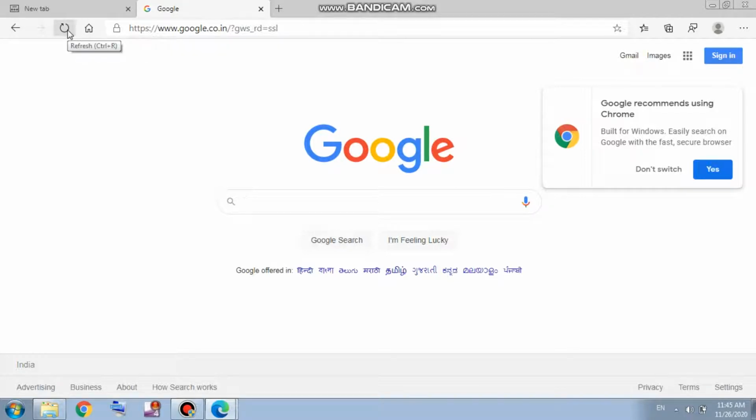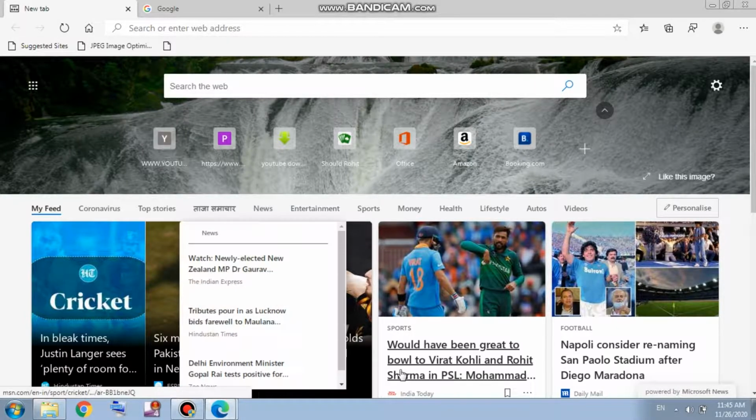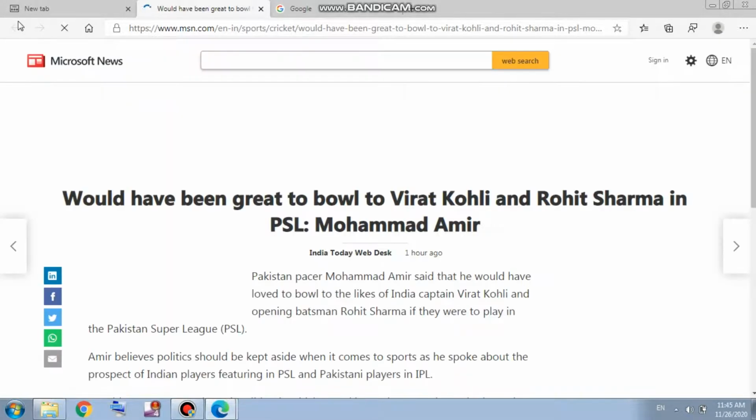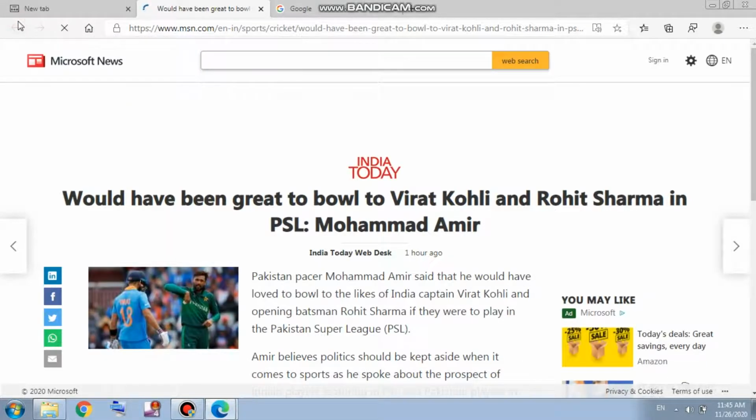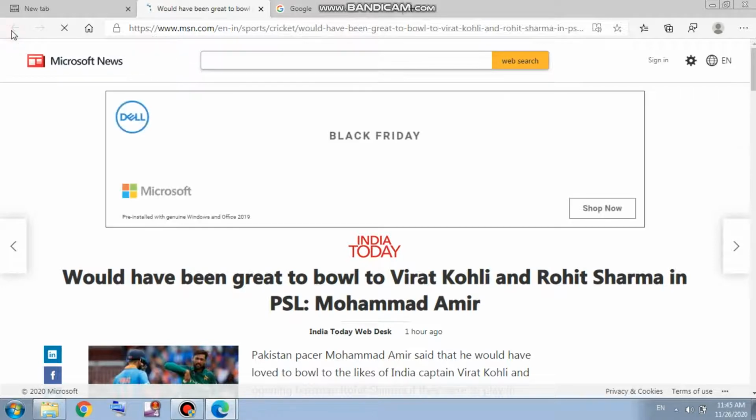If I open this page and you want to go back, we click on the back arrow, and it takes us to the first page. And if you want to go to the next page again, we click on the right arrow, and it moves forward.